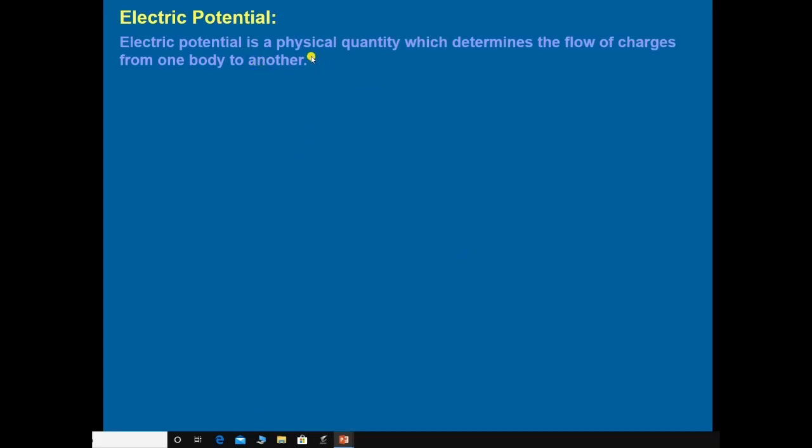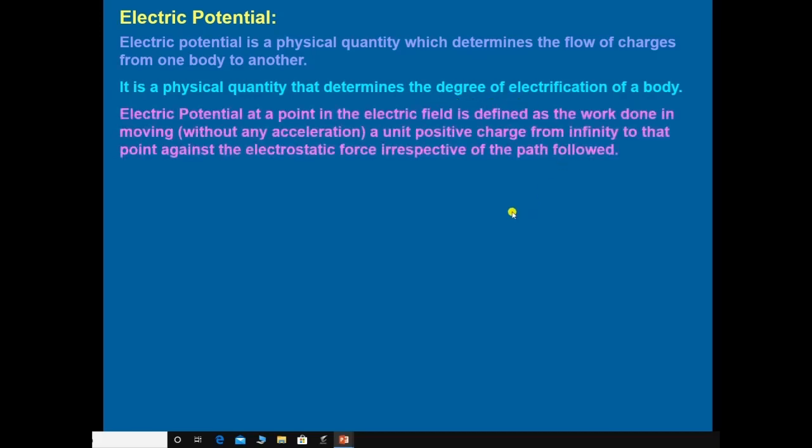Electric potential is a physical quantity which determines the flow of charges from one body to another. It is a physical quantity that determines the degree of electrification of the body. Now the definition of the electric potential. Electric potential at a point in an electric field is defined as work done in moving without acceleration